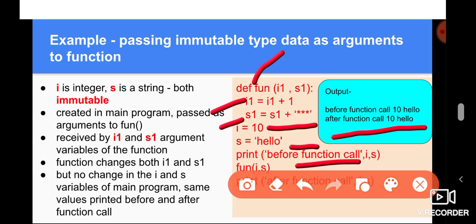So remember that whenever immutable type data is passed to a function, whatever the function does with the arguments, it does not affect the variables which were actually passed to that function. Okay, so remember this point.